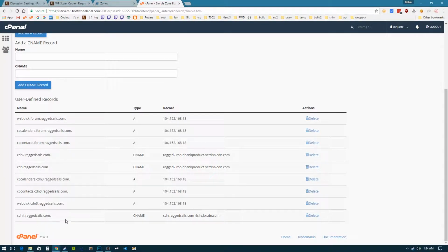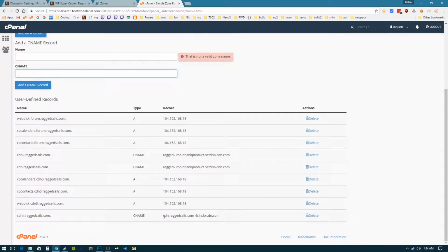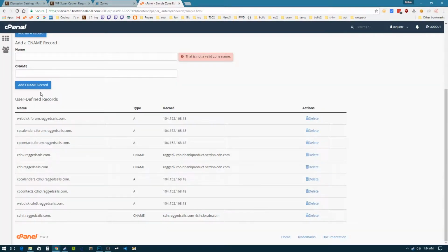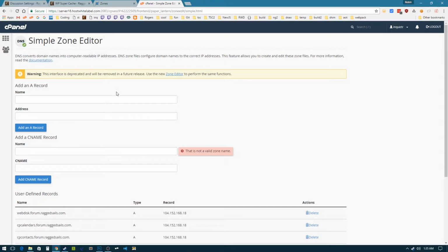cdn4.raggedsales.com. So what you would do is, in this box here, you would put in the name, cdn4.whateverdomain.com, and then the CNAME record. This is provided to me by KeyCDN. So you would put your own information here. Back in the zone section, they would provide that for you here. You just copy it from here into here, add the CNAME record, and it should activate. I don't know if it's instant or if it takes a few minutes. But